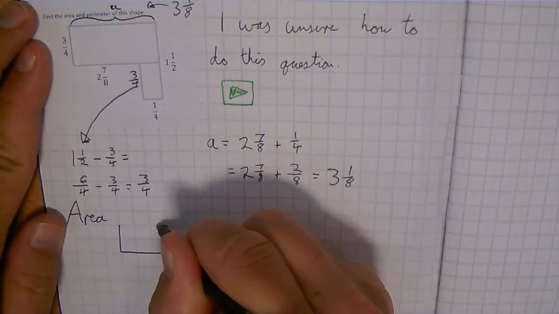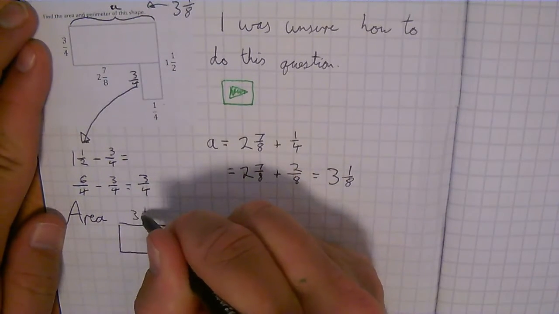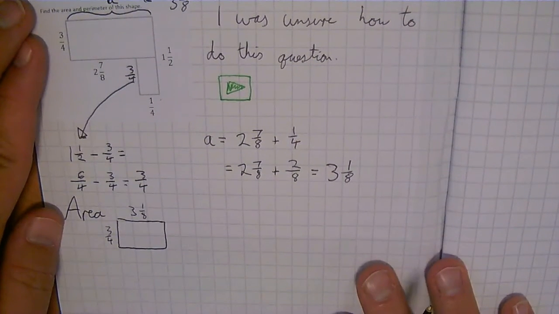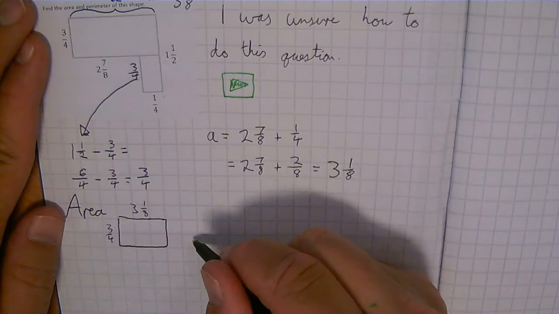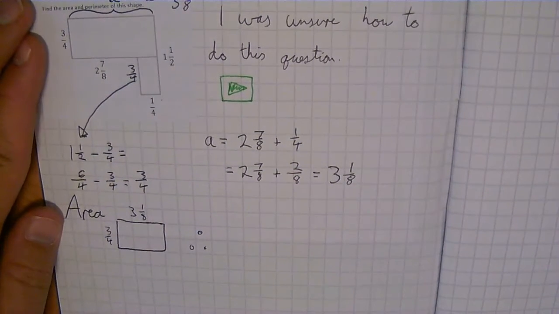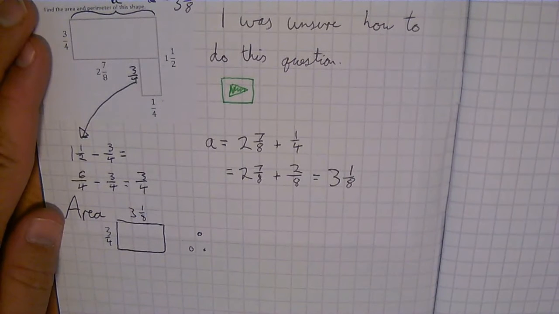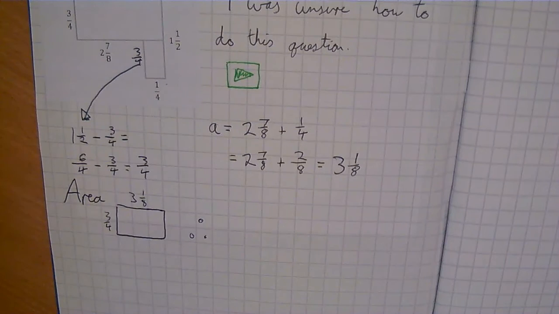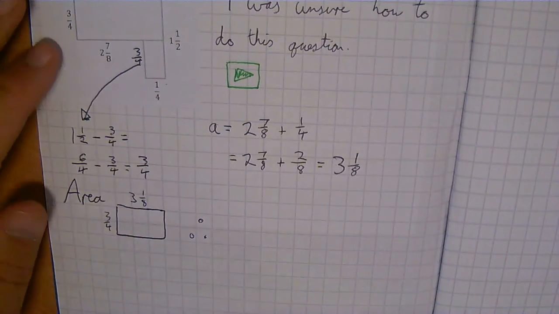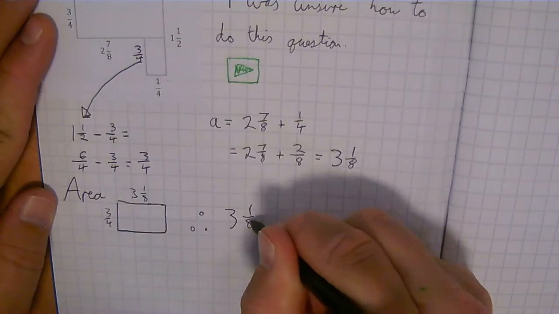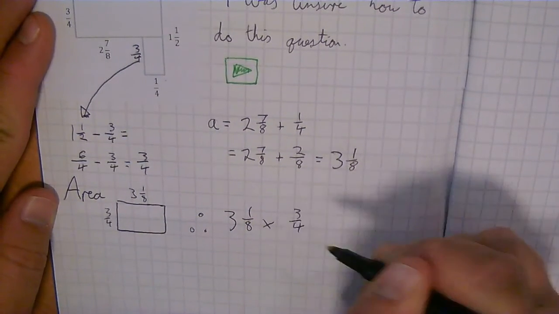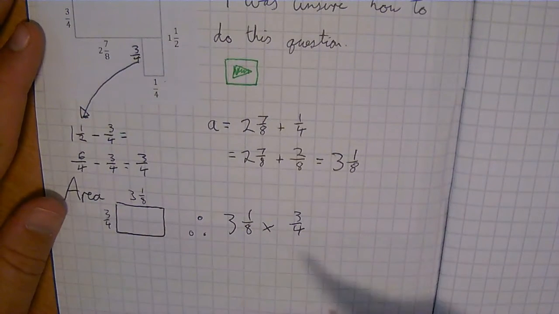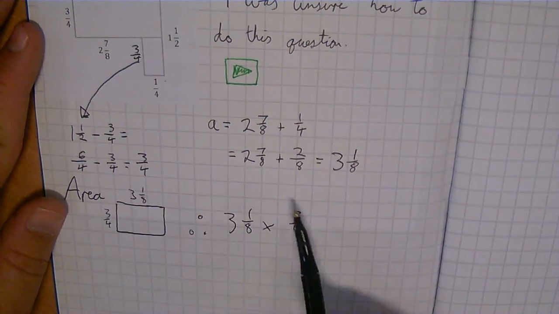Okay, I'm just going to draw a little diagram for it. It's 3 1/8, and this side length is 3/4. Okay. So what I've got here is, for area of a rectangle, I just need to times them together. Okay, so 3 1/8 times by 3/4. That's what I've got here. So 3 1/8 times by 3/4. Can't do that yet until, I think the best way for me to do this, I don't need to make the denominators the same, but I'm going to make them both into